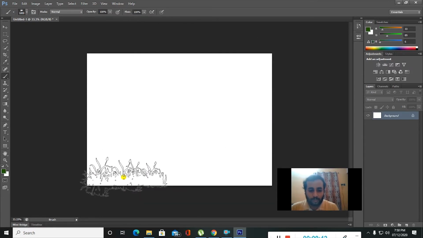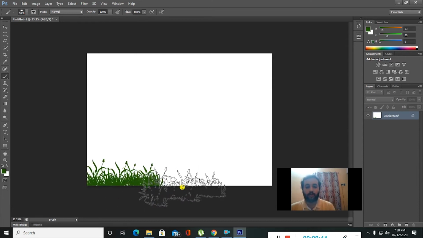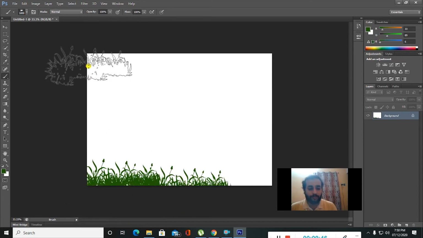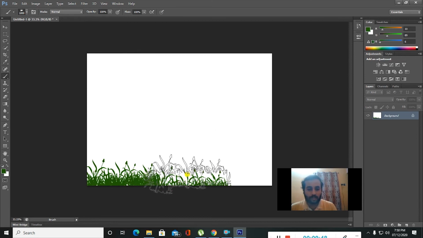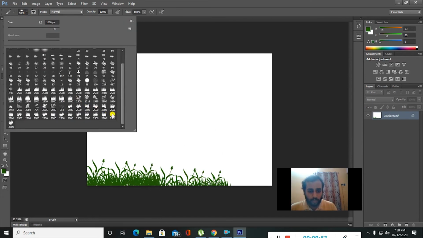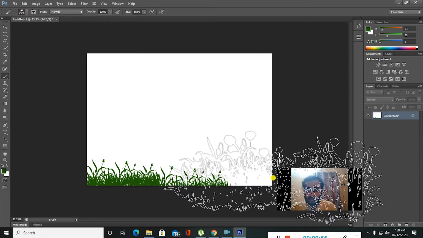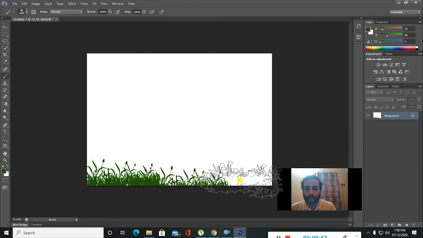Different variations are available. In the style itself we have a lot of variation. Click on the drop down again, select some of the different variations, reduce the size and make a click. So beautiful grass, you can paint it like this. You can install and use these in your designs.